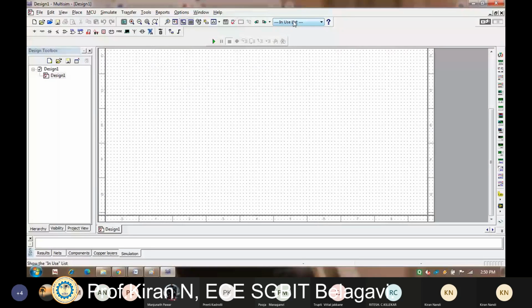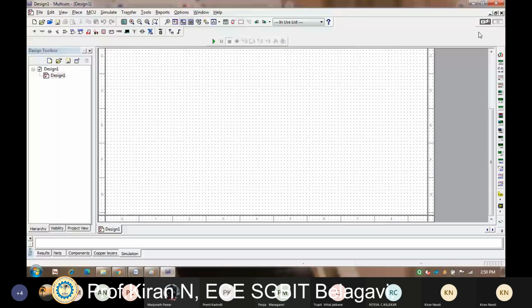In use list means the components we are using to build the circuit. These are the few options here. You can see there is a 0 and 1 switch at the right side corner, which is used to switch on and switch off the oscilloscope.